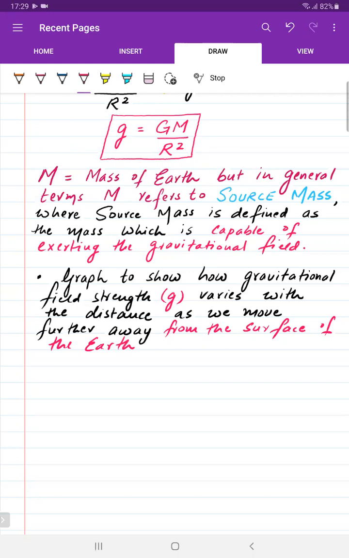So based on the equation that we have established, how can we compile a graph which can show,